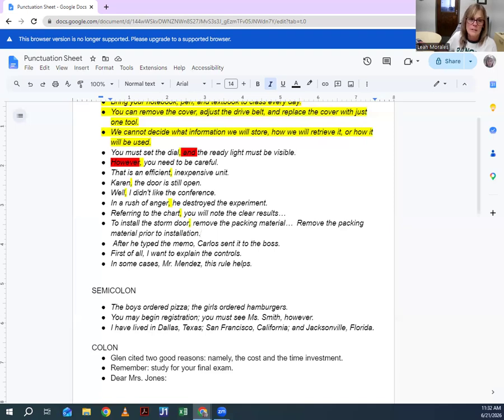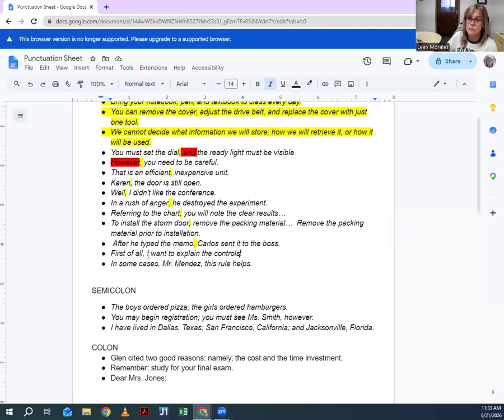Now, subordinate clauses. After he typed the memo, comma, this one, remember, is dependent because after he typed the memo is not a complete thought. After he typed the memo leaves us hanging, right? So we put a comma there between our dependent clause and our independent clause, which is Carlos sent it to the boss, okay? And then also in transitions, parenthetical